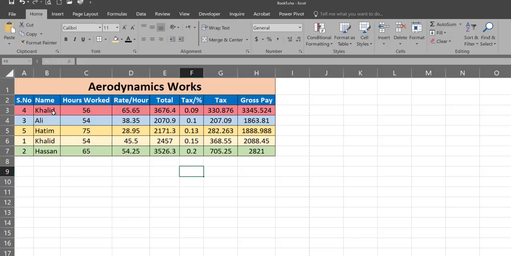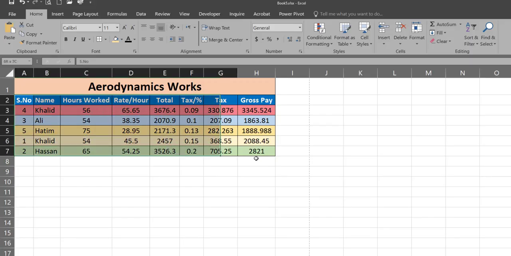Let's say we want to do the sorting on multiple columns, that is name and hours worked. Now what happens if you're doing sorting on multiple columns? First it will sort the first column, and then if any value in the first column repeats, then those values would be sorted in the second column.